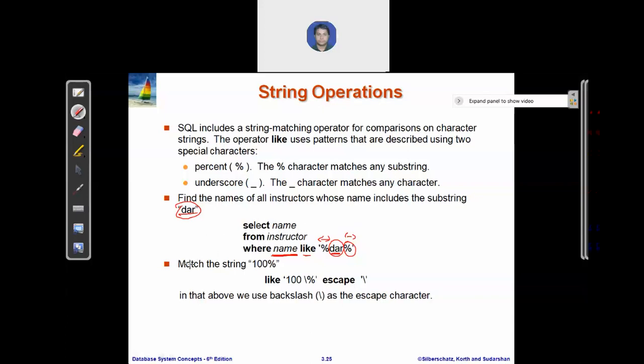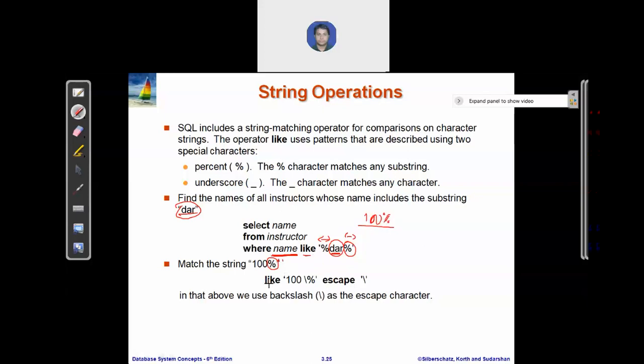In the same way, suppose you are retrieving a string in which the percent symbol is present, like 100%. You want to retrieve the substring 100%, so percent is a part of this substring.